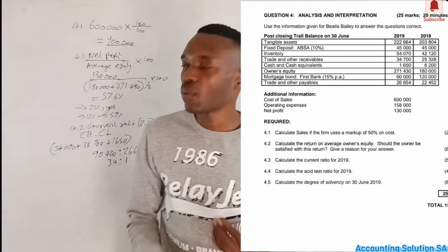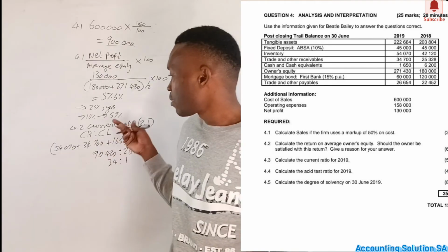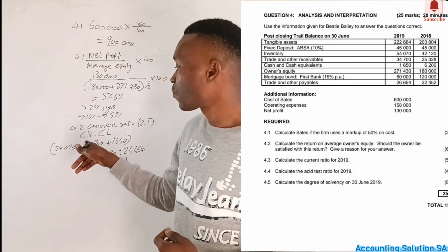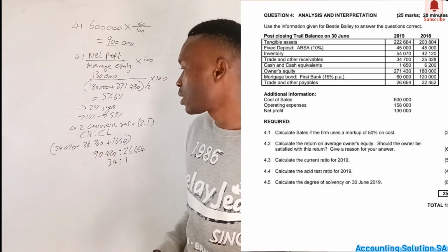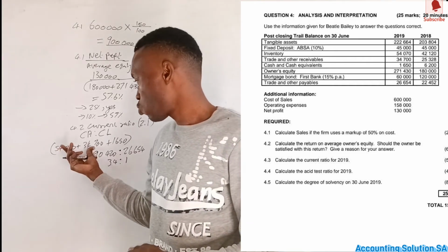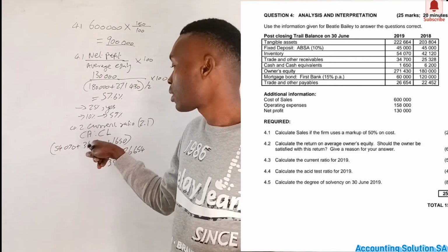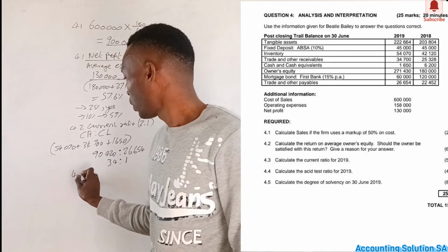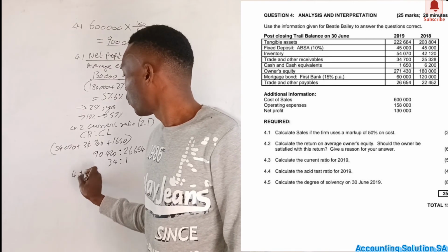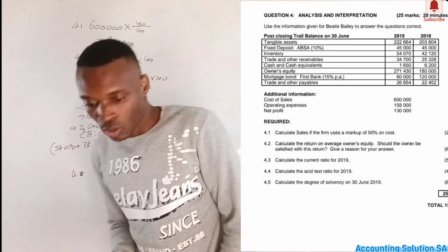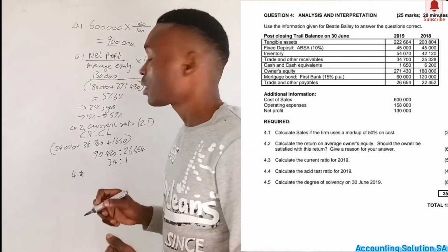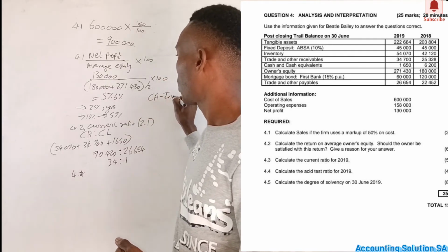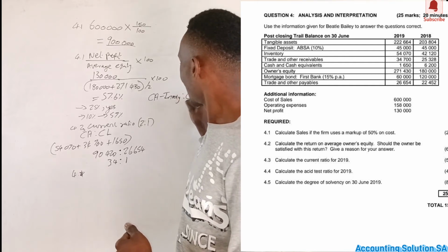Acid test ratio. When we talk about the acid test ratio, it's similar to this one. However, we have to subtract the amount of inventory. In other words, we just take this 90,000 and we subtract inventory. Let me write it here. The formula for the acid test ratio says current assets minus inventory is to current